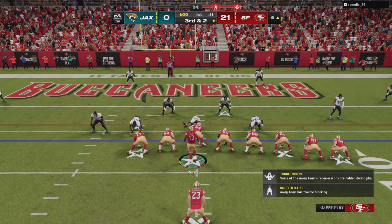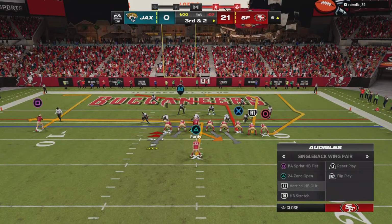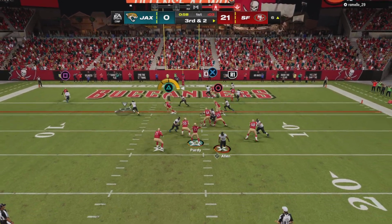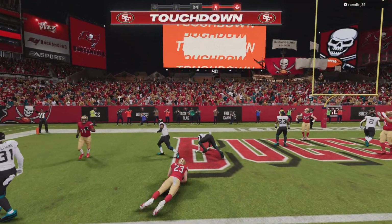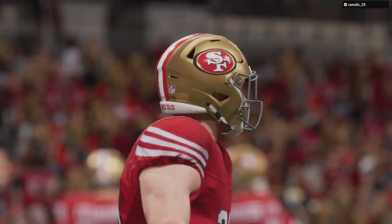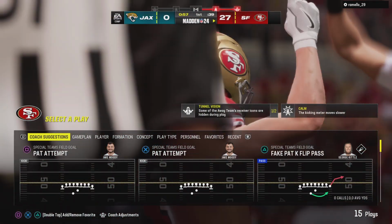A couple extra tight ends in the formation here as they line up 3rd and 2. Purdy sets up to throw again. Touchdown! Christian McCaffrey with his second touchdown in this opening quarter, as his guys have opened up a very comfortable lead. Boy, CD, what a start for the...